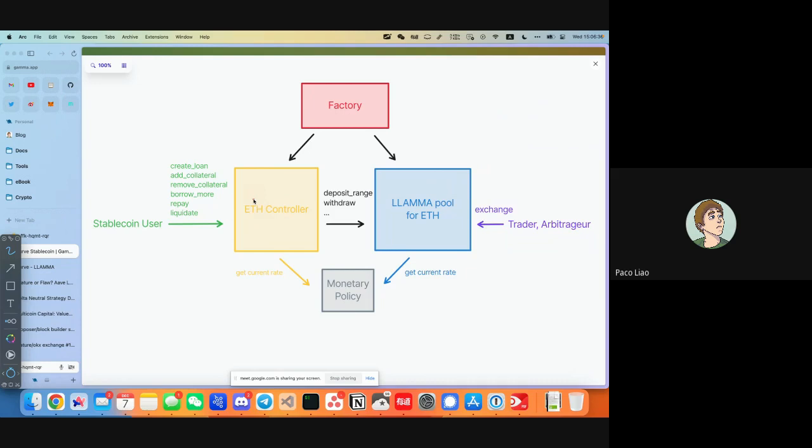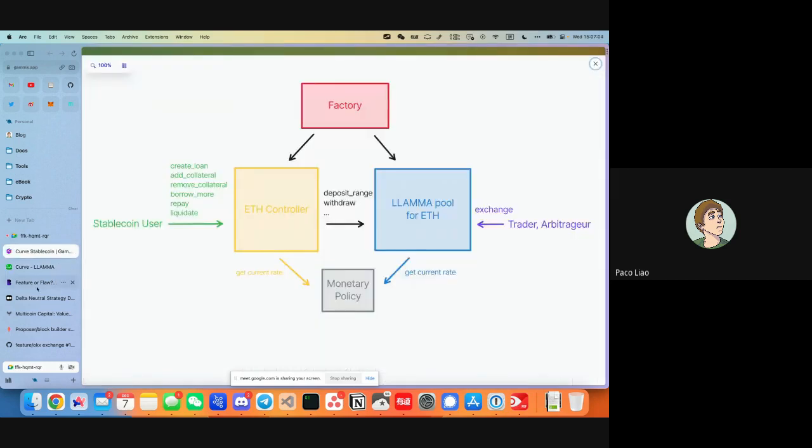And there will be a controller. The controller is the admin of this pool contract, and the user who wants the stablecoin interacts with this controller. So they can create a loan. Create loan means you deposit collateral and borrow stablecoin from it. And you can add more collateral or remove collateral or borrow more or repay your loan. And maybe you'll be liquidated because